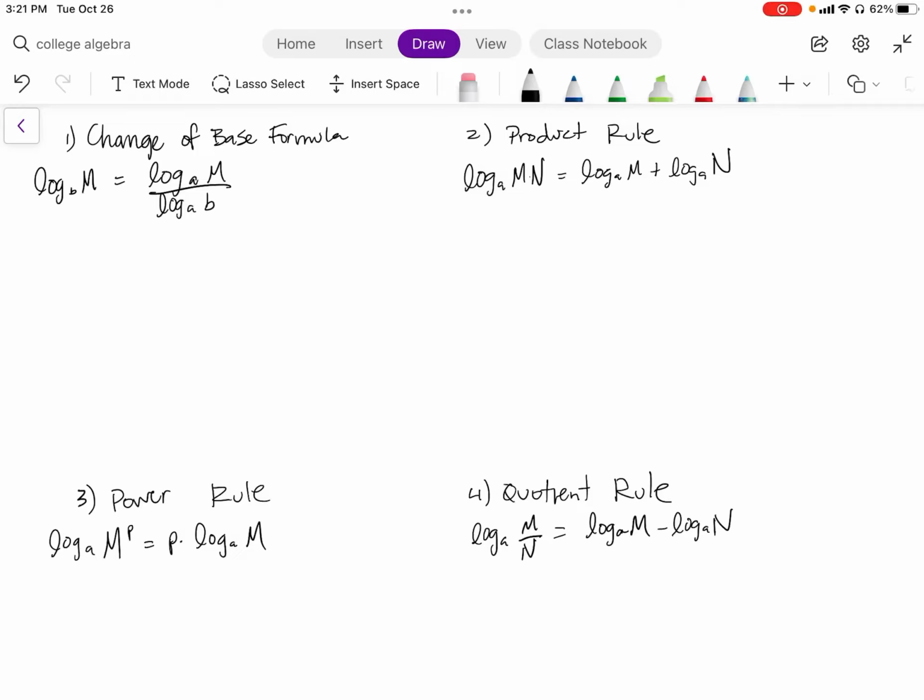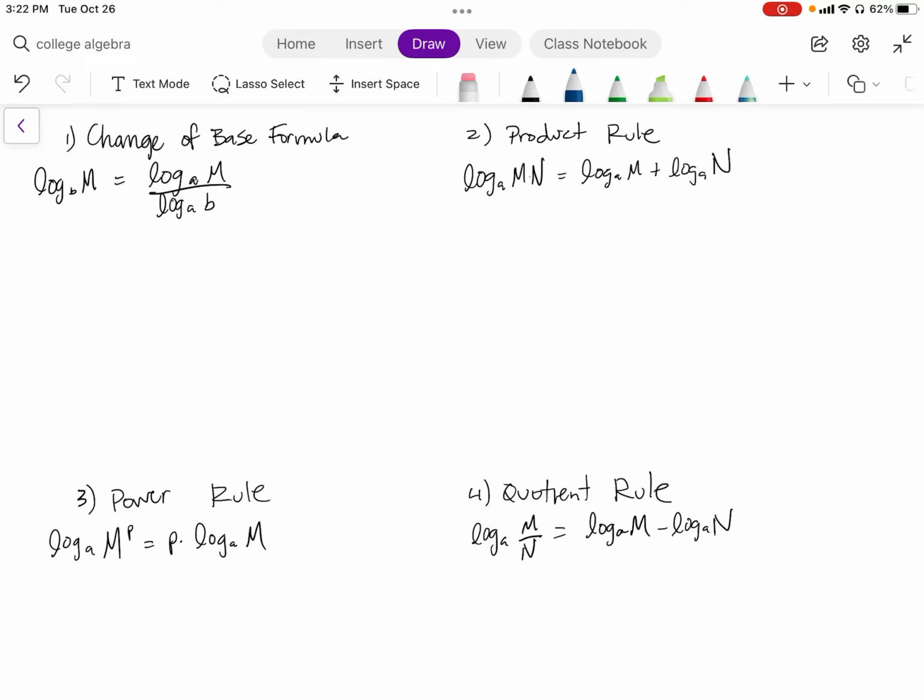In this video, we are going to prove four important logarithm properties. The first is the change of base, second is the product, then the power rule, and the quotient rule. Memorizing and seeing how to use these is a separate topic, but in this video, we are going to prove them. Okay, so there's a little trick for the change of base formula, and